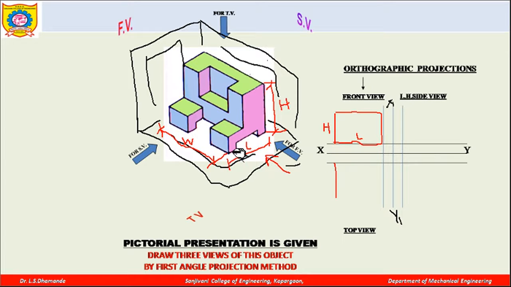Another dimension for the top view, when you are looking from the top, is this length and this width. Whatever the width is, you have to mark that width over there, so that you get this rectangle for the top view of the object. This is the width, and this is the length which has been transferred from the front view by taking a projection. So we have just taken a projection from here.